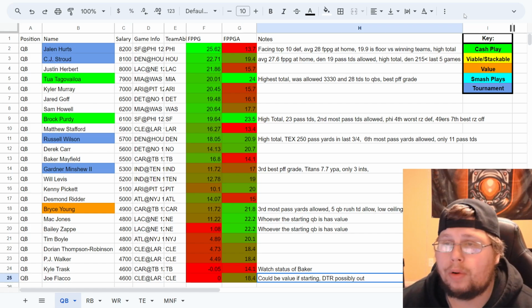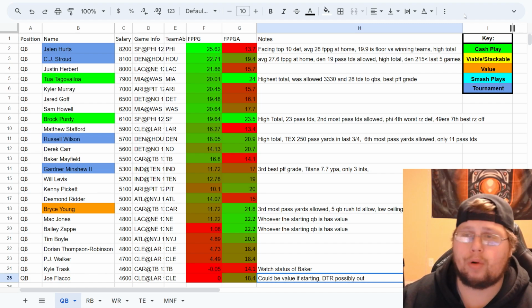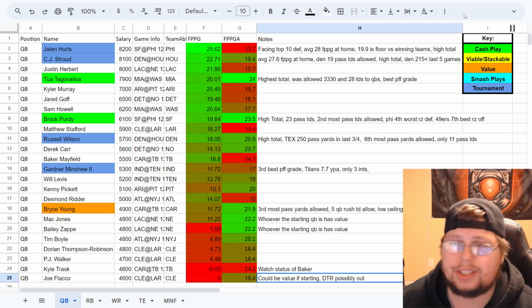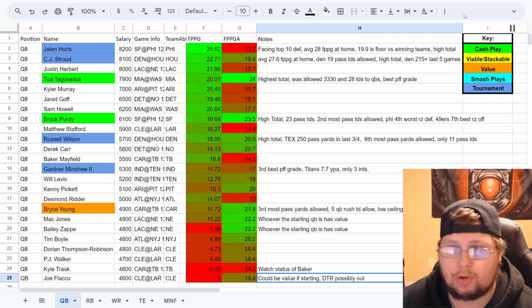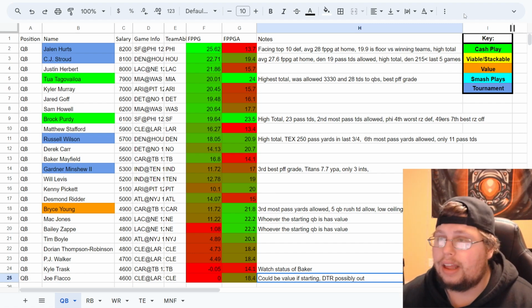Today's video going over Week 13's main slate, quarterbacks and running backs to target. So 3 quarterbacks above 8K on this slate, and as of right now, I have Jalen Hurts and CJ Stroud as tournament plays. Jalen Hurts, the most expensive quarterback on the slate, going against a San Fran defense who doesn't